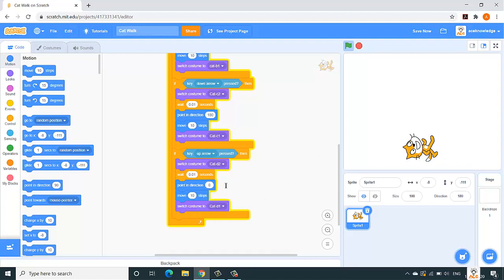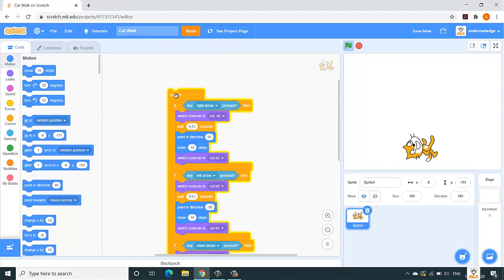Okay, so now if I run this, select it to the left, to the right, to the top. I am pressing my up arrow key from the keyboard, and if I want to take it down, over here. Okay, so it's going to the right, it's coming down with the down arrow key, with the left arrow key it's moving to the left, and with the up arrow key it's coming to the top and back to the initial position. Okay, so we are done with this.